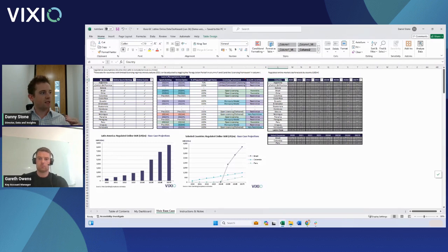That's from a legislative standpoint, in terms of which markets have already launched online gambling, which markets have legalized online gambling or are on the pathway to launching active markets, and which markets may legalize down the line and launch online gambling. We can see our legislative assumptions in these columns here, and then the market size outputs, which are blocked out here. That's the second piece: medium-term expectations with regard to the total addressable market in Latin America